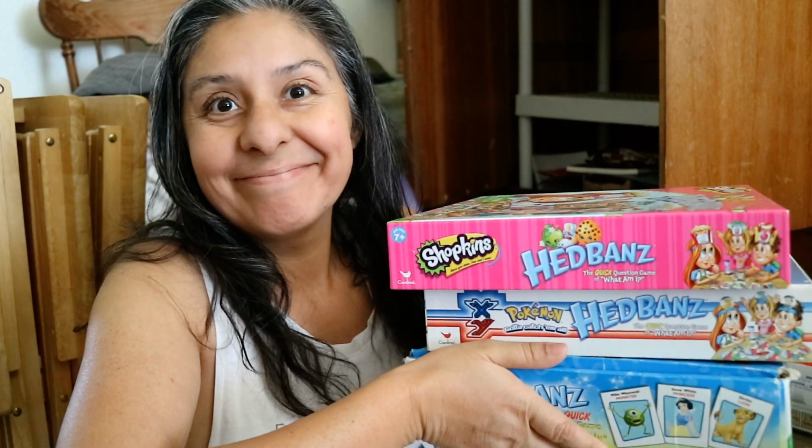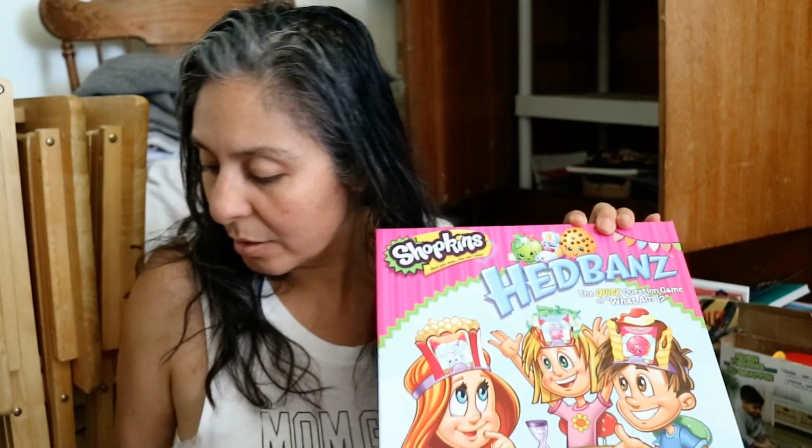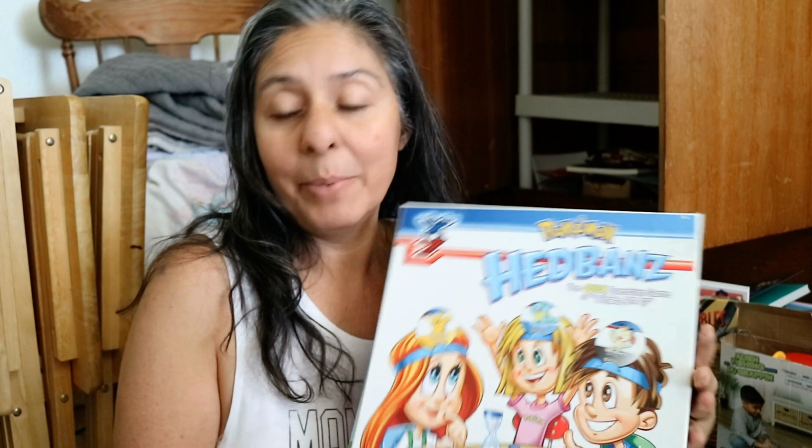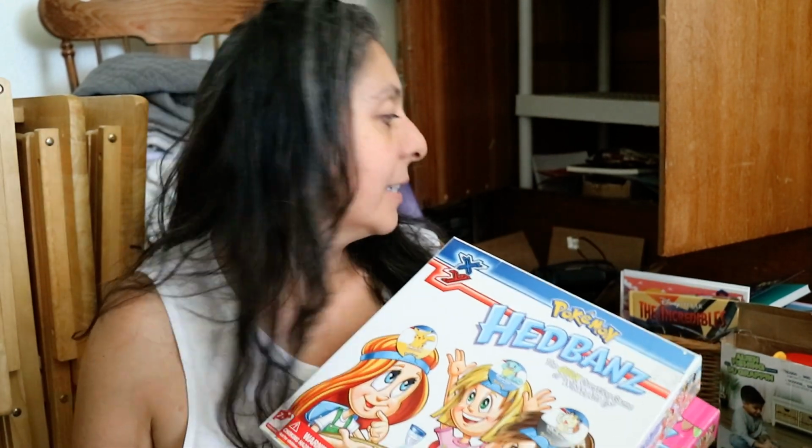But I have some games here that I'm hoping to maybe slim down by putting them in bags. So I don't have any left out to show you, but I did have some other bags, zipper-like mesh bags. I feel like these headband games, if you caught that, we have three different kinds of headbands. We have a Shopkins, we have Pokemon, and then we have a Disney one, and I think we actually had the original one too, but